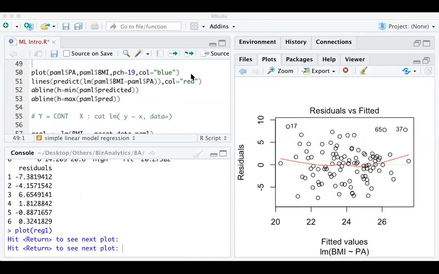Let me say what this plot is indicating. Let me take it one by one, because each graph is very important. In regression, the most important assumption is homoscedasticity. Let me help you understand what homoscedasticity is and what its implication is.